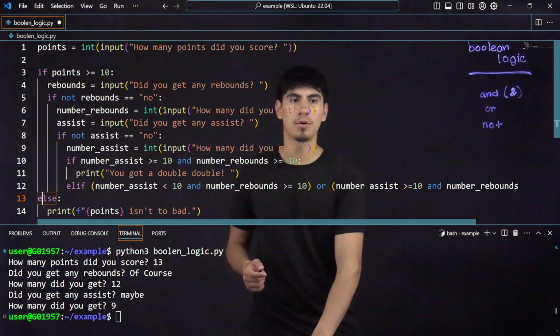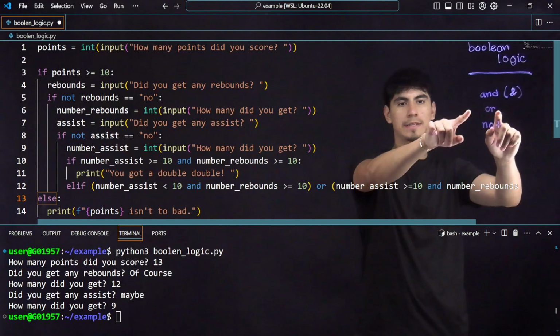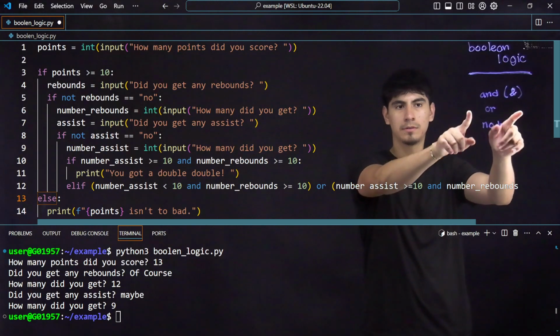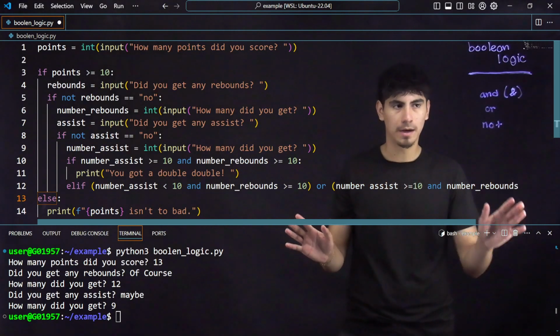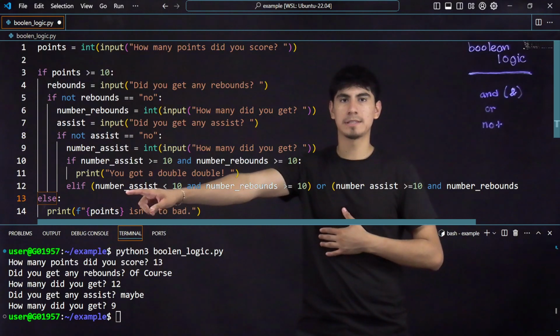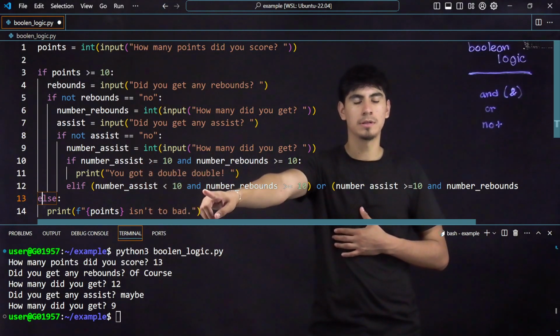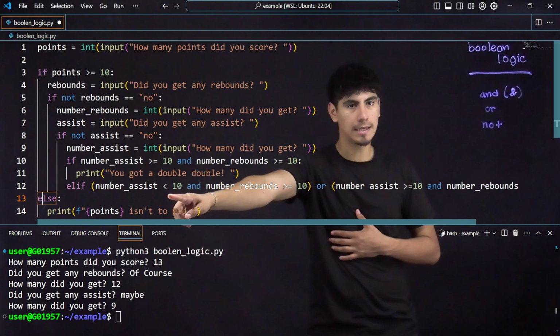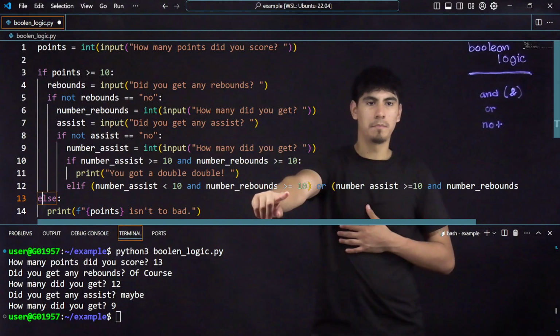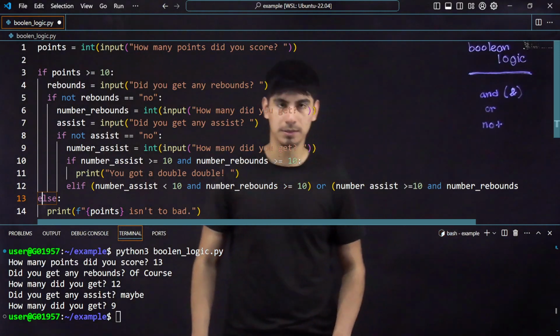So by using or, it says, okay, if either this is true or this is true, then do whatever you want it to do. Like in that first case where I said, how many assists did you get? I got 9. It would have been, okay, this is true because 9 is less than 10, but rebounds are greater than 10. So what I'm going to tell it to do is